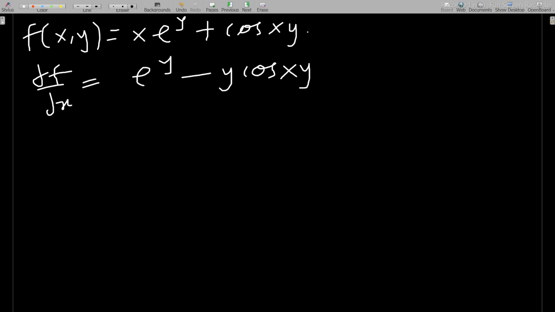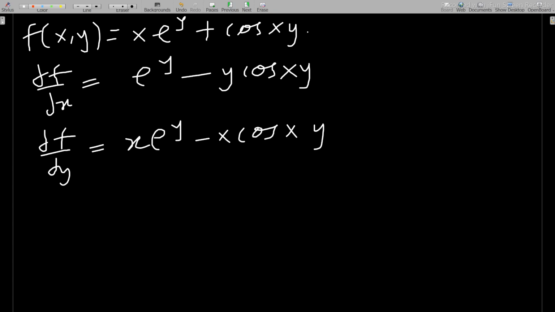Okay, and our del f del y is equal to x e to the y power minus s cos xy. Okay, I hope you can see this. So all that we need to do is simplify these at the point 2, 0. Okay, so at 2, 0, when you put 2 and 0 in place of x and y, we'll have this to be equal to